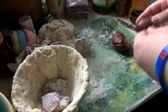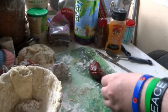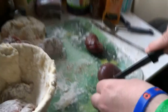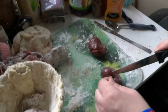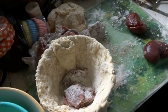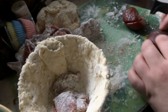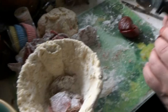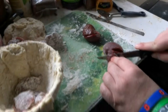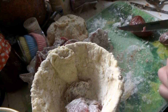Now these, you just want to get a little knife, cut the core out. I should imagine you can ask your butcher to do this. I don't know if he'll be willing to do it, but clearly I wasn't. And then you just want to cut this in slices. And once you've managed to get your skin off,